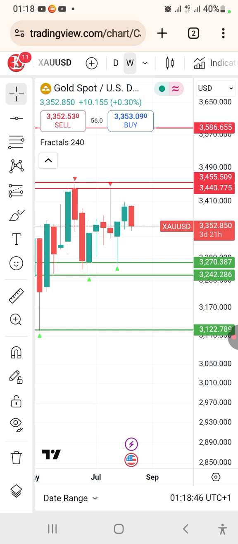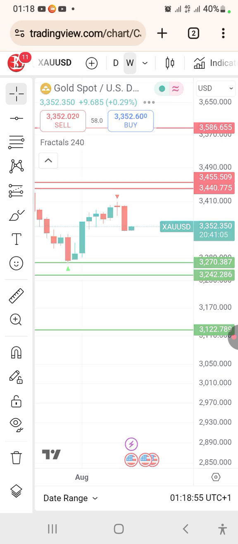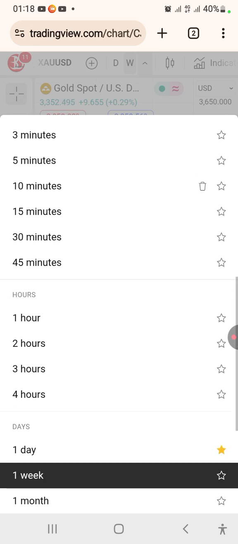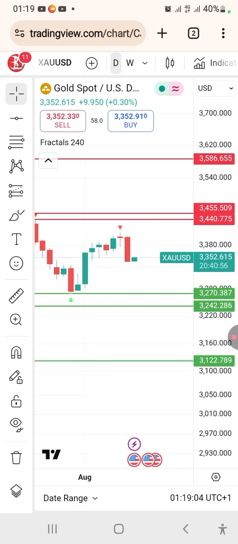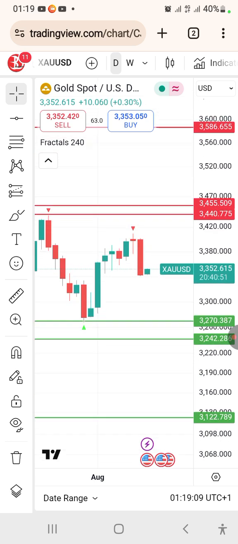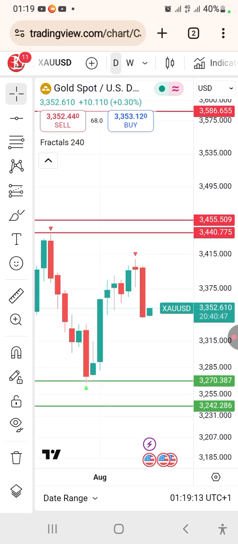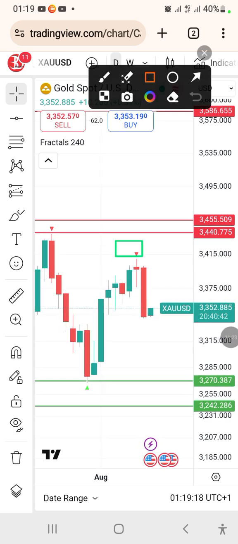So the next thing you have to do is to move on to the lower time frame again. So let's check the daily time frame. Now once you're on the lower time frame, just ensure that those lines that you drew, you can still see them. Now you can see another line here,